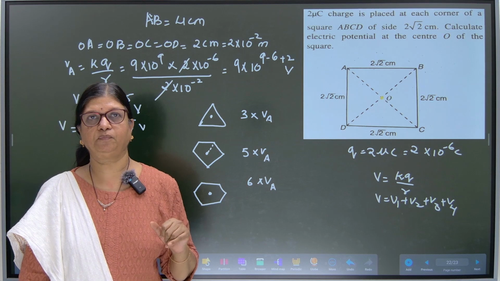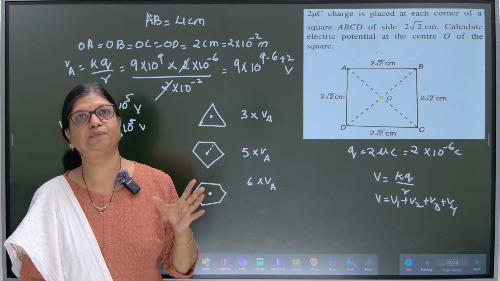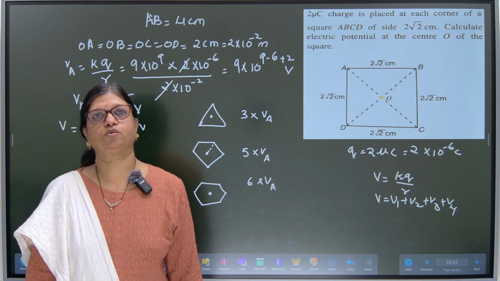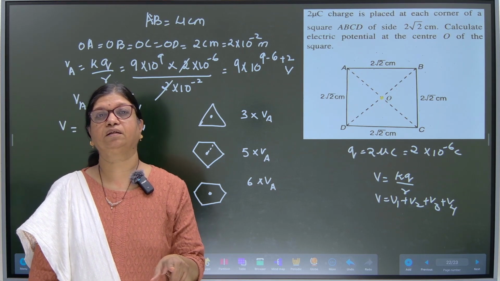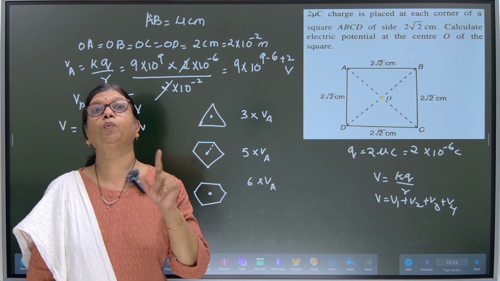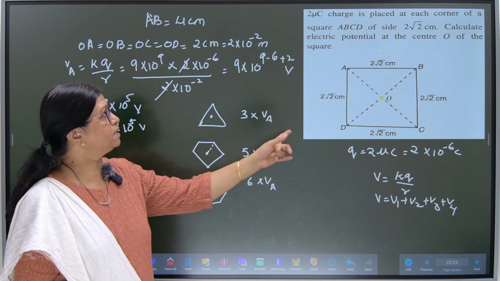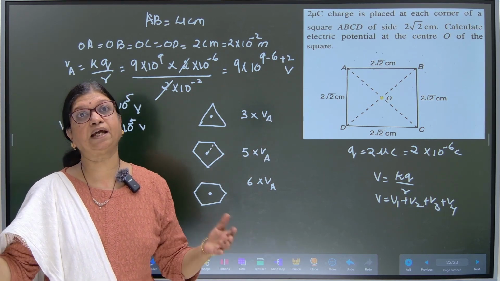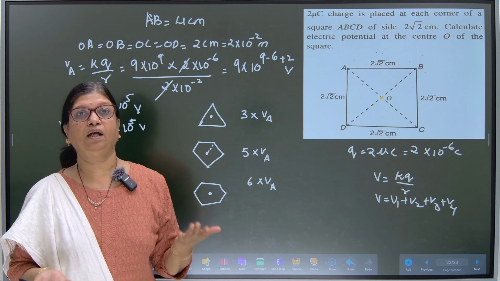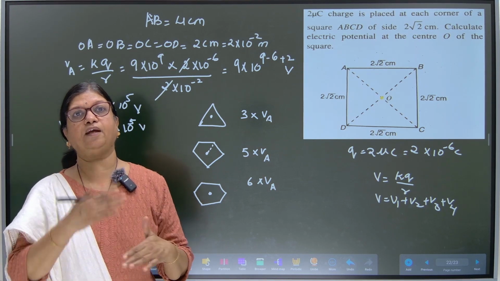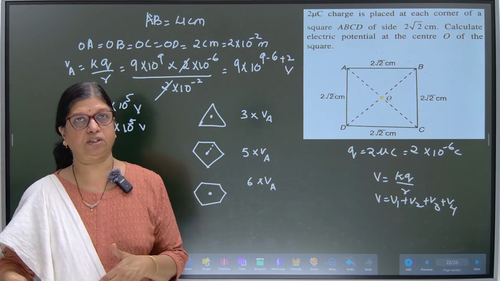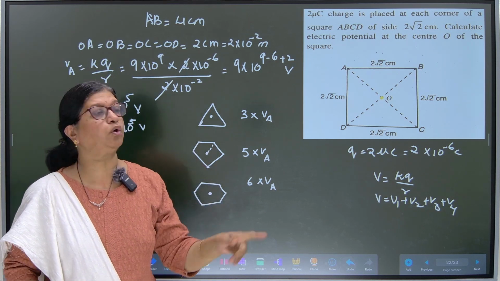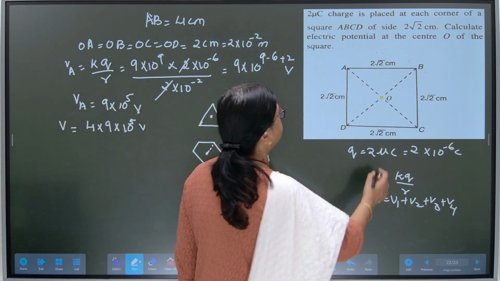That's why I have picked up this question, and this type of question comes in the board also, in the regular entrances also. But you can do this provided all the charges are equal. Fine? If the charges have different polarities and different magnitudes, then we have to calculate each potential. Fine? Okay. Let me extend the question: what would be the electric field at the point O?